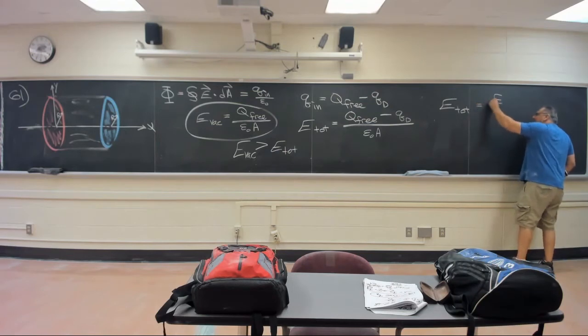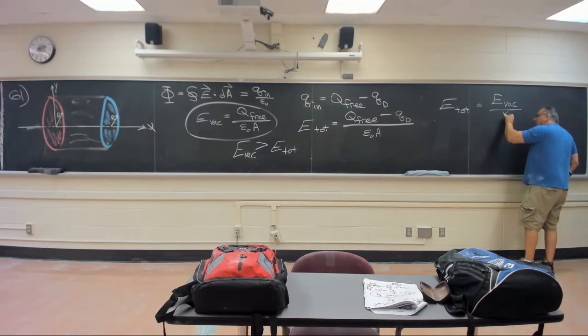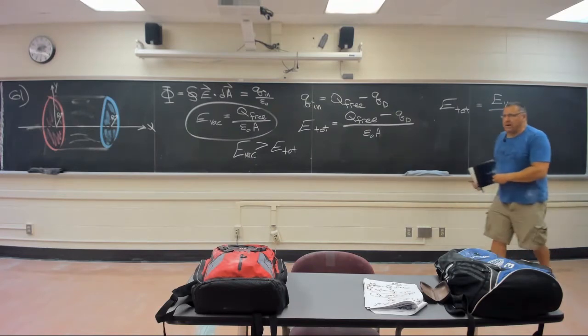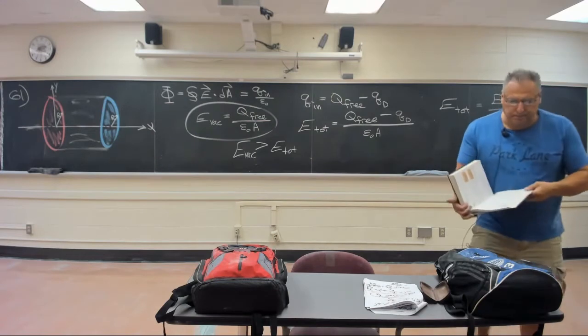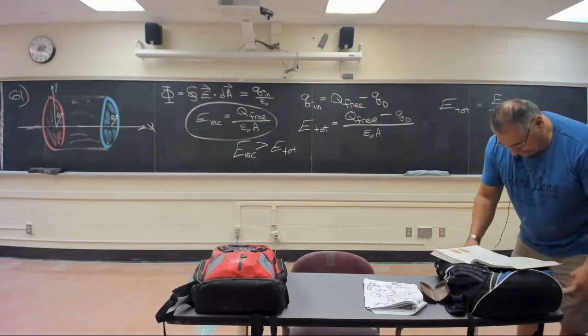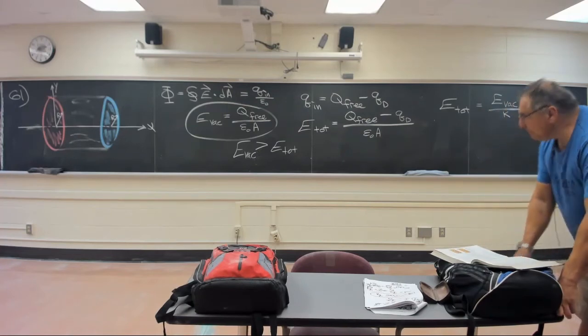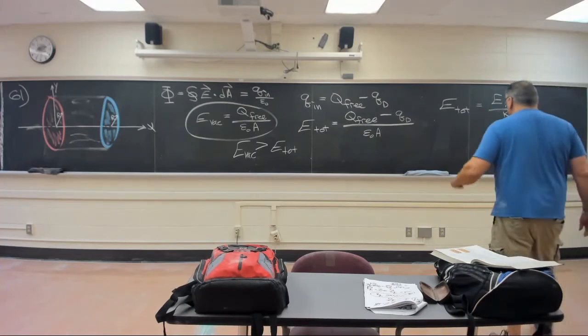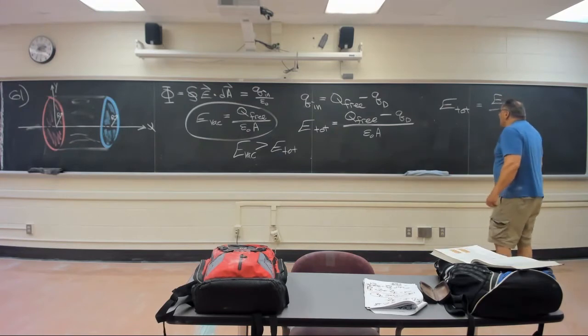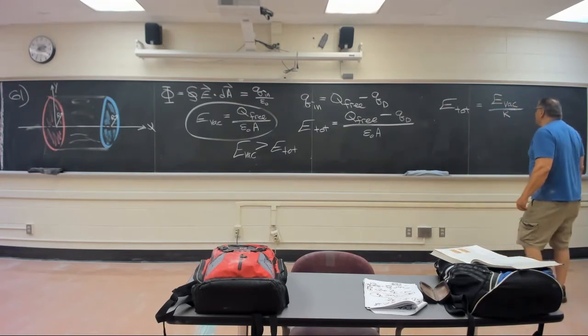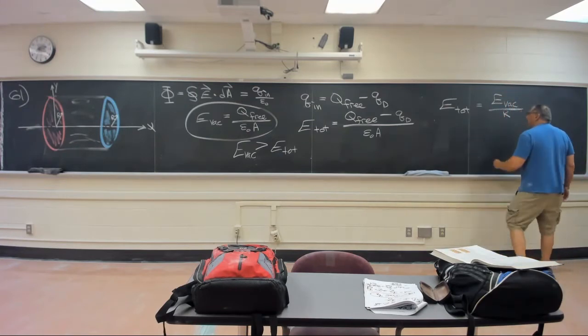Well, you got the E vacuum, divide it by kappa, and you get the E total. So if that's the case, what do you have to say? Well, we got a lot to say. We can say that